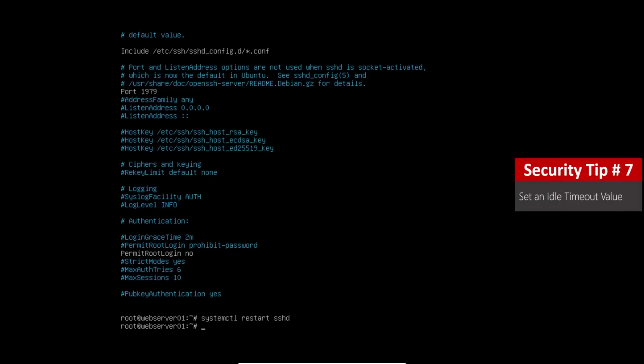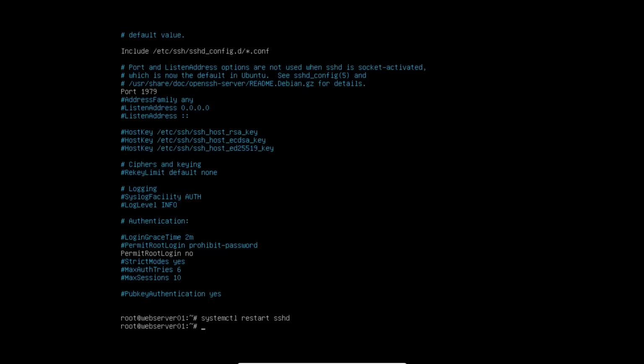Security tip number 7. Set an idle timeout value. It's much safer to establish a timeout limit. The SSH connection will be dropped if the inactive period matches the time limit. Similar to before, open the SSH config file